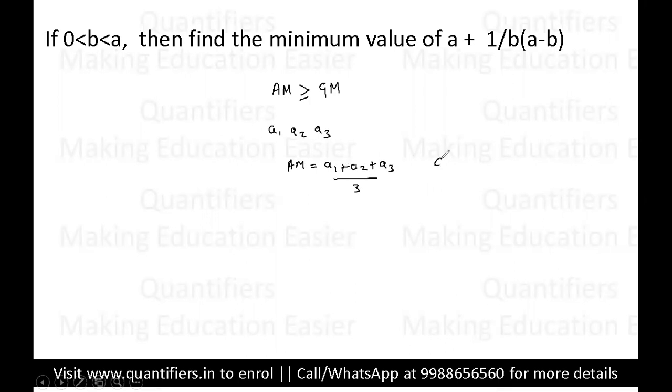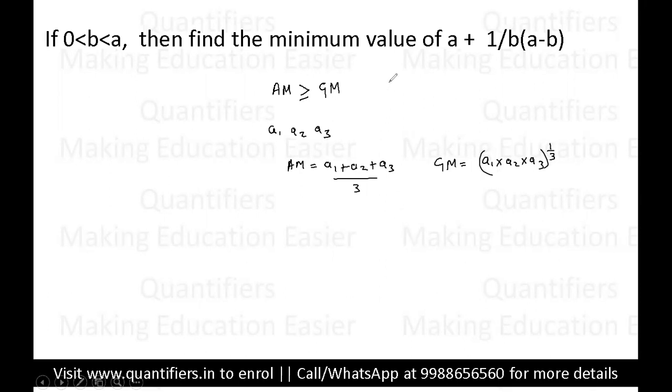And if I talk about geometric mean, you will take the product of all the terms, and now as there are 3 terms, we will take the third root of it, okay? Or you can say you will take the cube root of it. If there are 3 terms, you will take the third root. If there are 4 terms, you will take the fourth root. Okay, students? So I hope now this is clear to everyone. What is AM, what is GM?